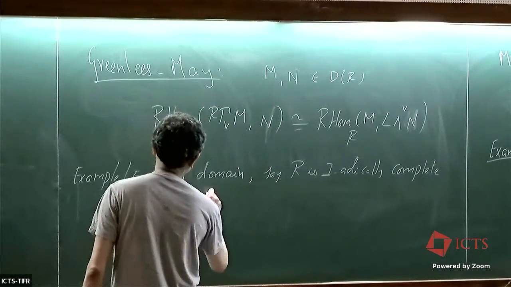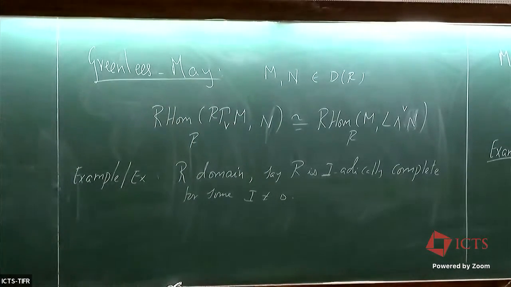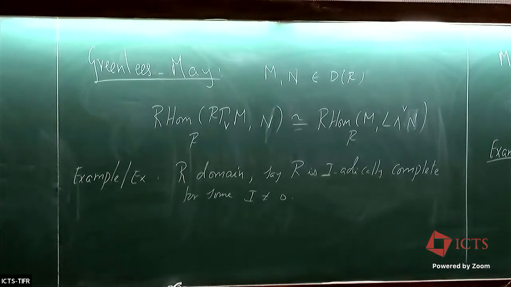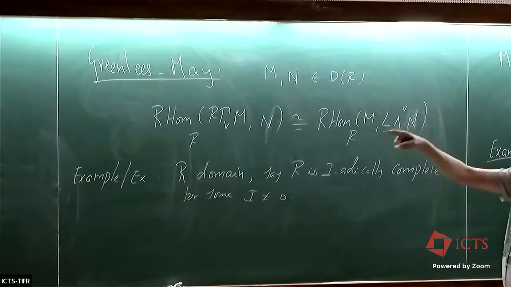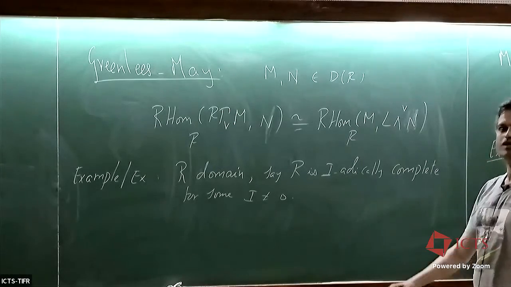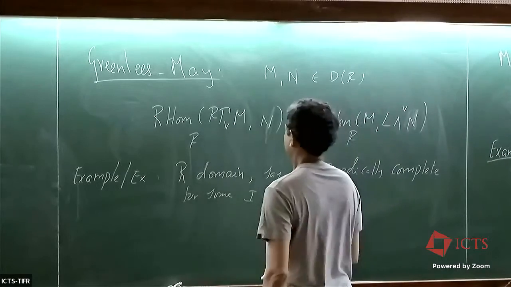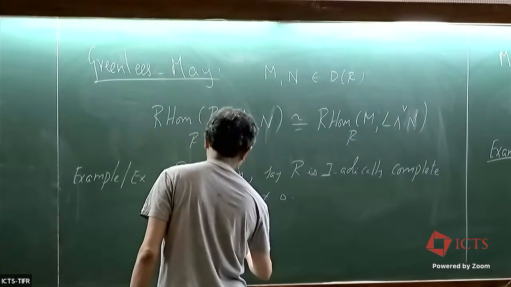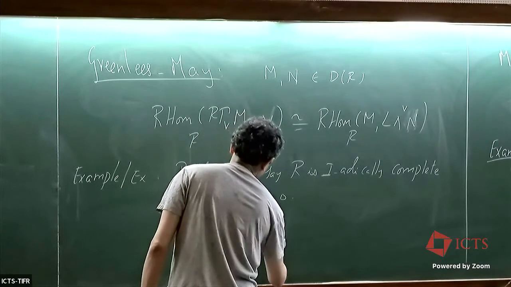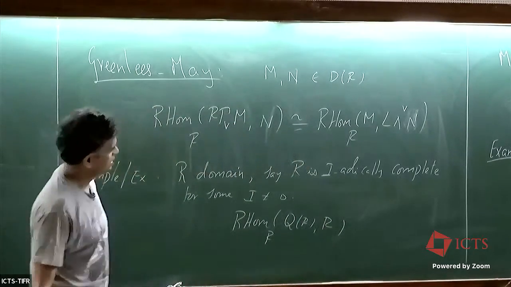Complete for some I. Yeah, exactly. Of course, I'm not giving it in detail. I didn't justify it. I just decided to introduce completions. So one can do it directly, then one has to show that it's adjoint. Okay, so what was I saying? Oh, you take a domain like this, and my claim is that if you look at the field of fractions of R, then this is 0.